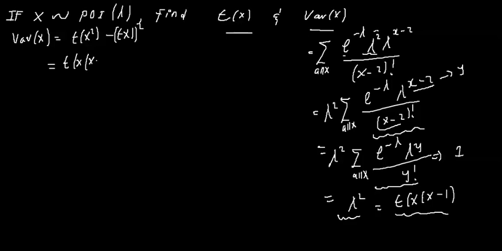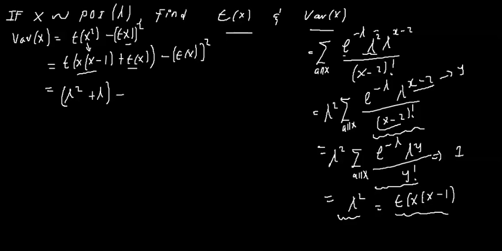So we'll have x minus 1 plus expected value x, and minus this, because we are just rewriting this, expected value of x squared like that. Then this we know it's lambda squared, and this we know is lambda, close the brackets,